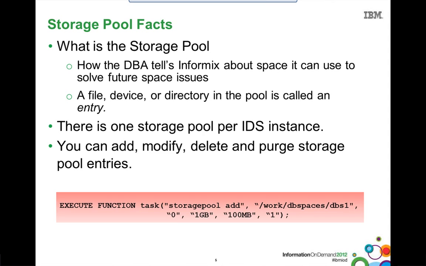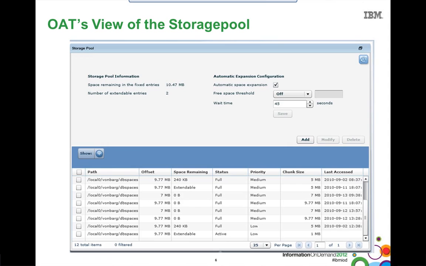So what does this look like in OAT? Well, there is a storage provisioning screen, and in the storage provisioning screen, it's kind of broken into a few sections. The top section gives you a lot of status and actually allows us to configure the proactive,